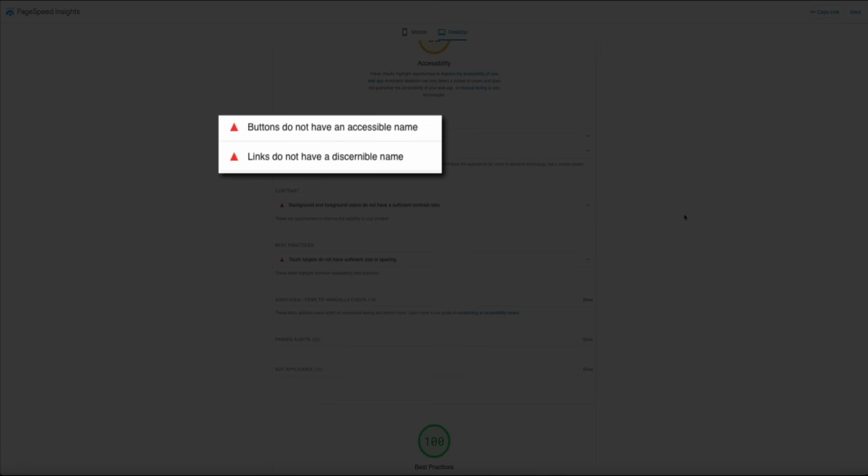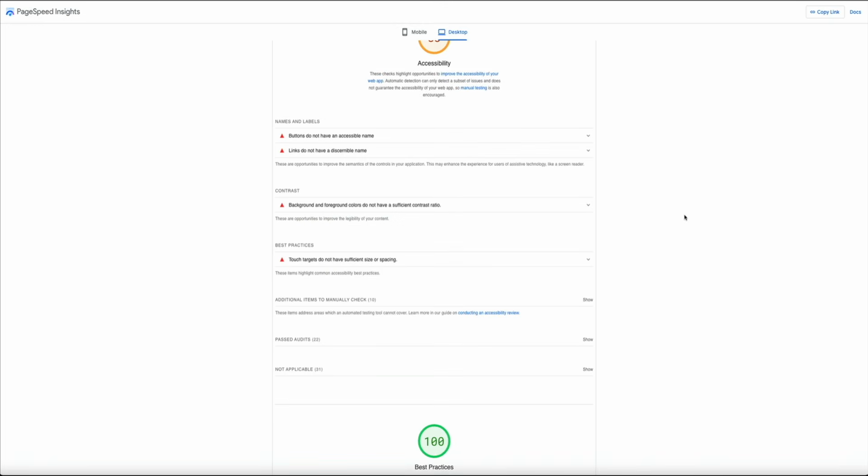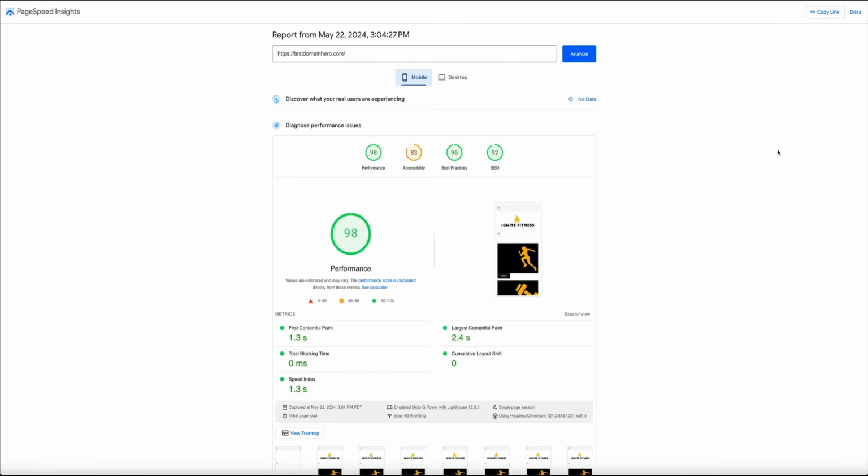So when Google runs this audit, they see all of my links and buttons that don't go anywhere and think I'm serving a bad experience. So please know that if I was using a quote-unquote real site for this video, then this accessibility score would be in the green and all scores would be in the high 90s and 100s. But either way,